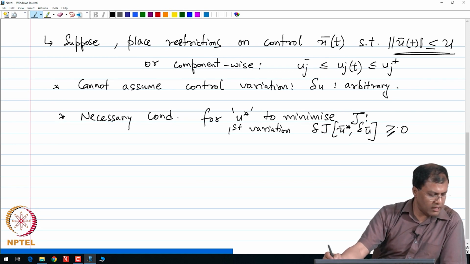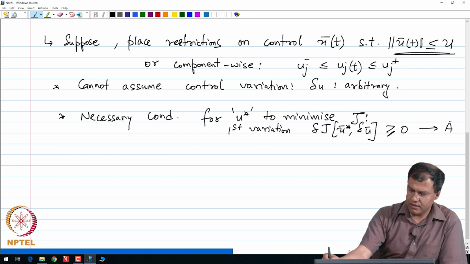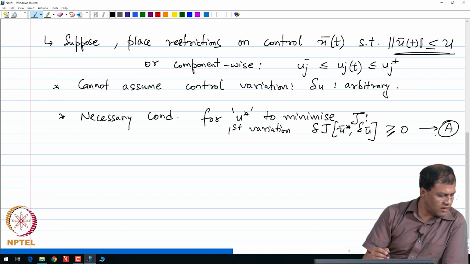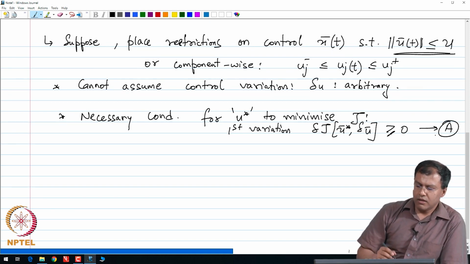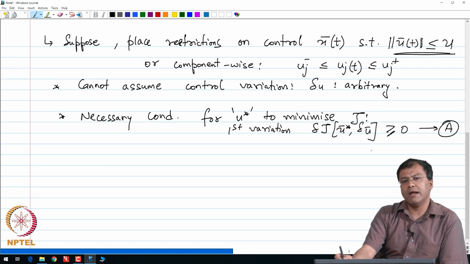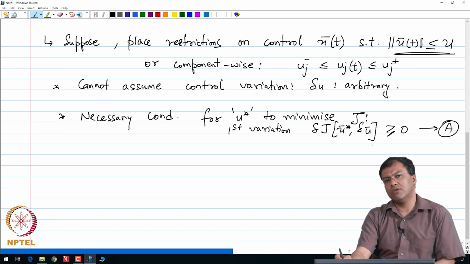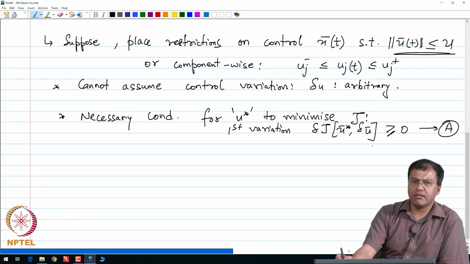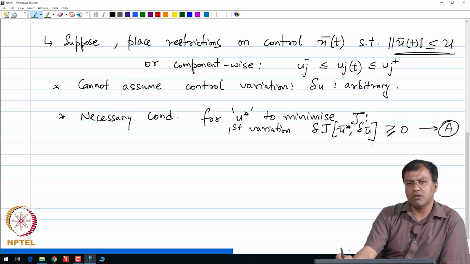Okay. So, let me call this condition A, and so what have we got? We can now break down this condition A into two parts. Suppose we fall back into our unconstrained case, where our optimal u is found by taking the derivative and is within the constraint, then this inequality reduces to the strict equality. Otherwise, if the maximal or the minimal control u is found on the boundary, then we have to solve the inequality.